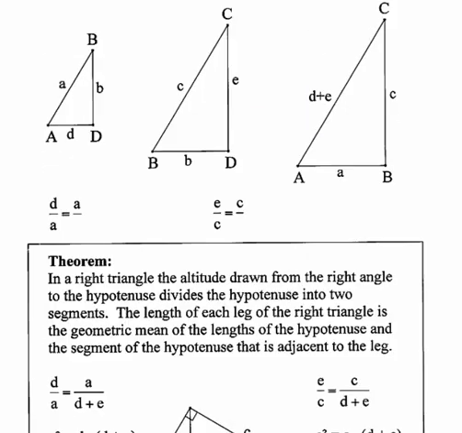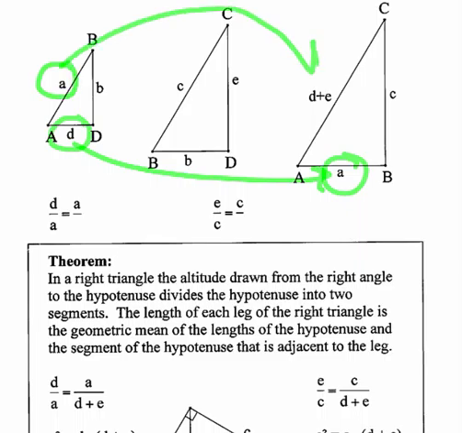If you turn the page, you'll find that I've drawn the same three triangles, and I put those side lengths on all three triangles. And now we're going to do another relationship of geometric mean. So I'm going to set up a proportion. Let's say I want to compare the small triangle's bottom side D to the largest triangle's bottom side A. And then I want to compare the hypotenuse of A to the hypotenuse of the large triangle, which is D